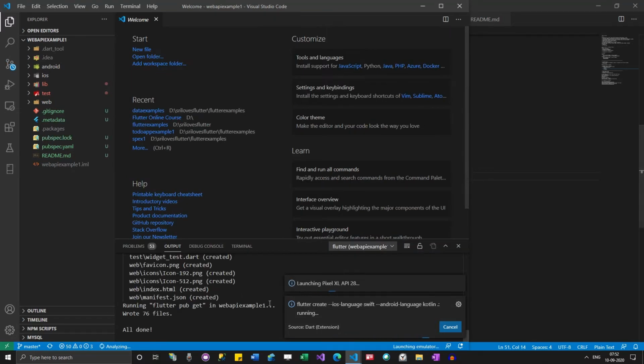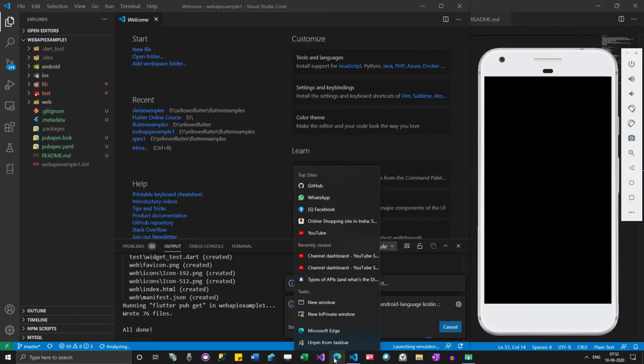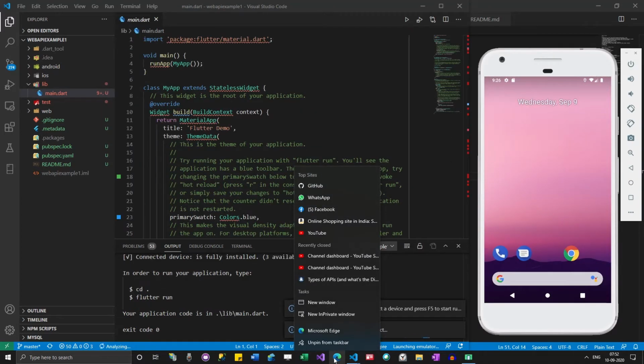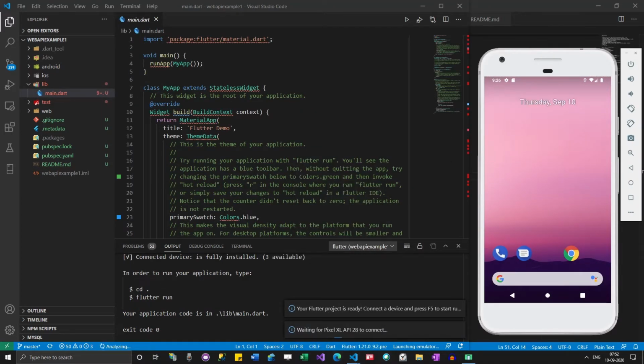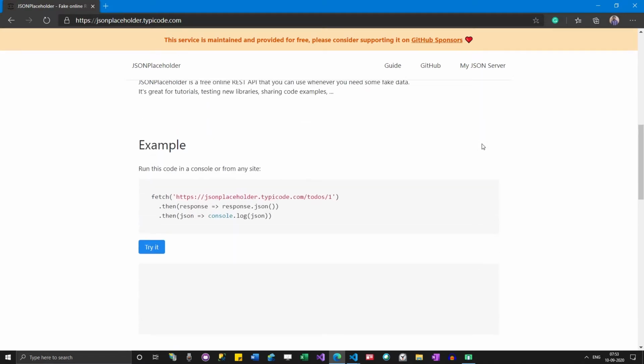I'm opening the emulator. For this example I'm going to use some sample web APIs provided by this website.